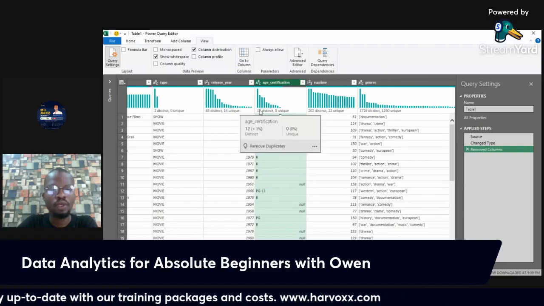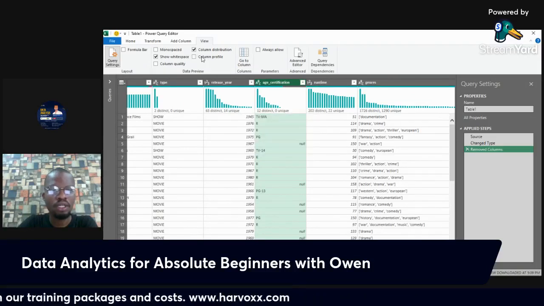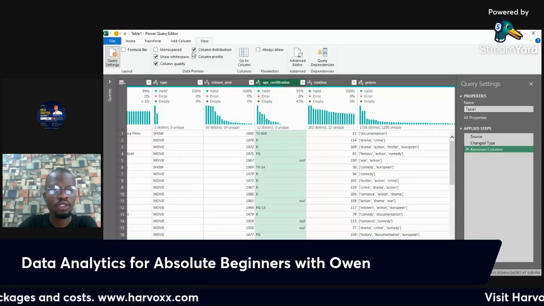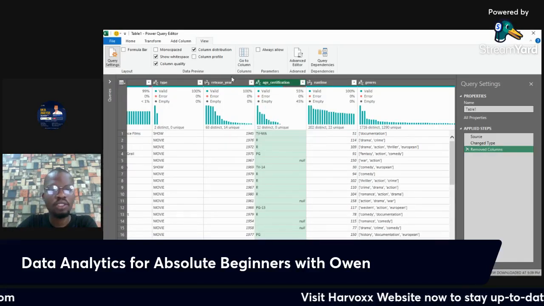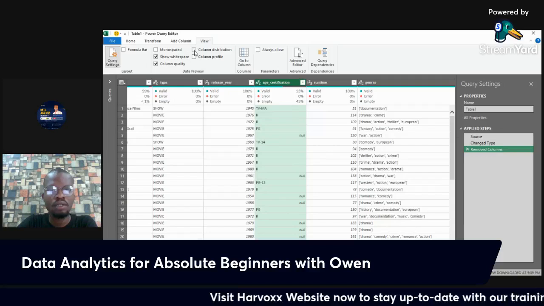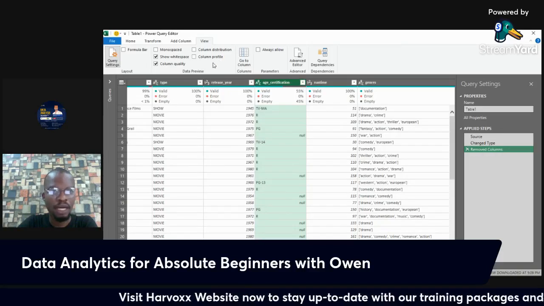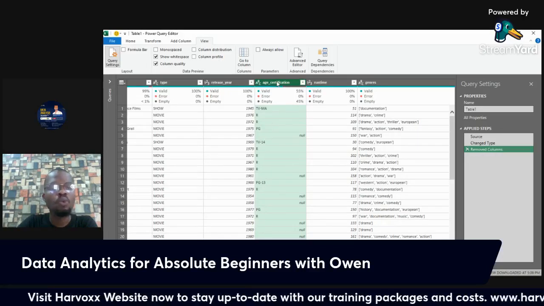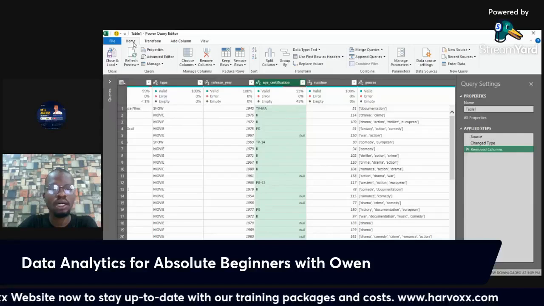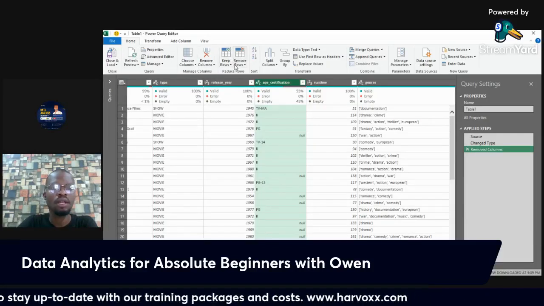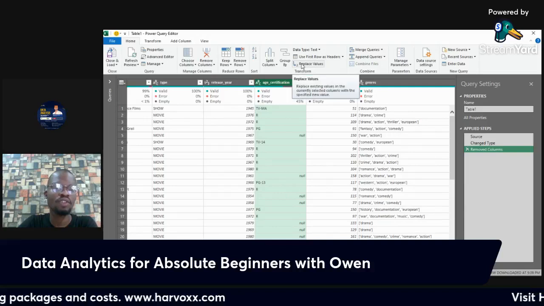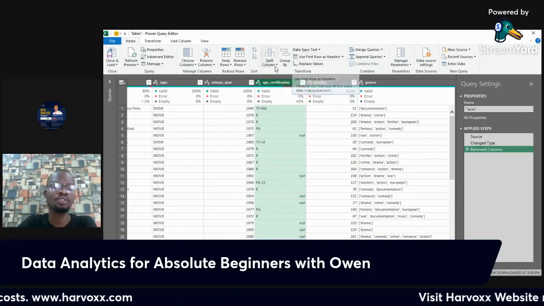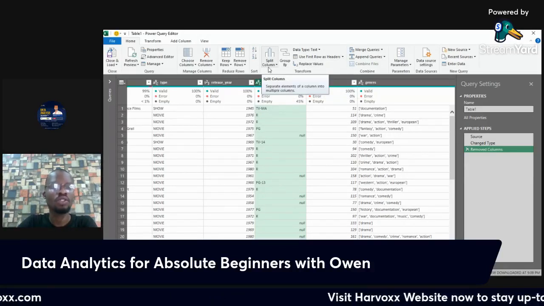Column quality tells us that we have 55% of this data valid and the other 45% is blank. Now we want to replace these blanks with unknown. We want to say that this particular age certification was not specified. So let's replace with unspecified.